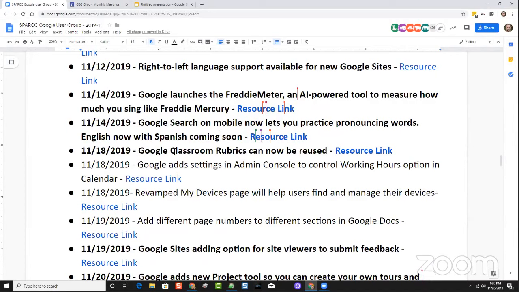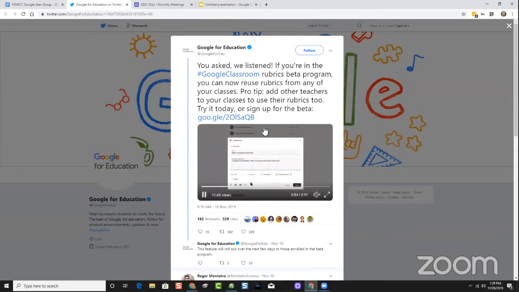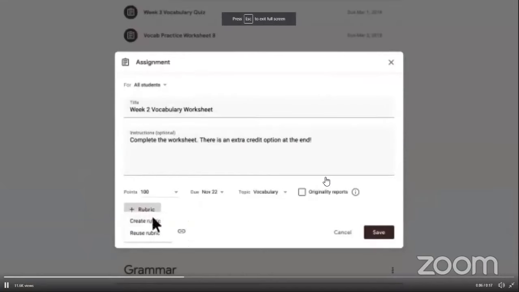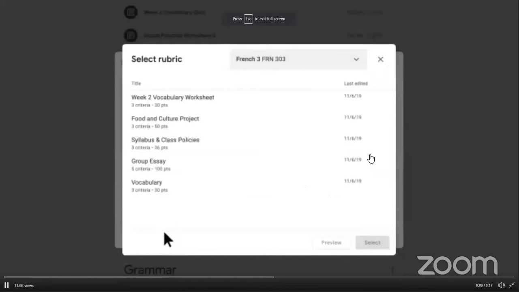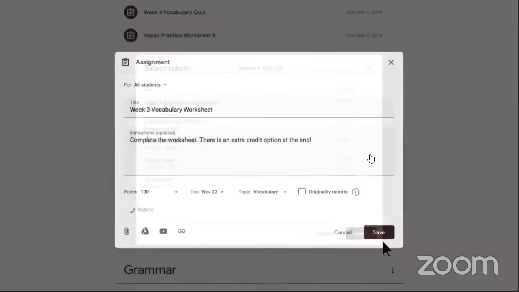All right, next up, Classroom. Google Classroom rolled out rubrics a couple months ago here in beta. I do have the beta set up here in my domain, and I've played with it a little bit. The big news was that rubrics could now be reused. When it was first set up, when you would create a rubric, it was just for that particular assignment. But now when you go in Classroom to use a rubric, you'll have the option to reuse an existing rubric